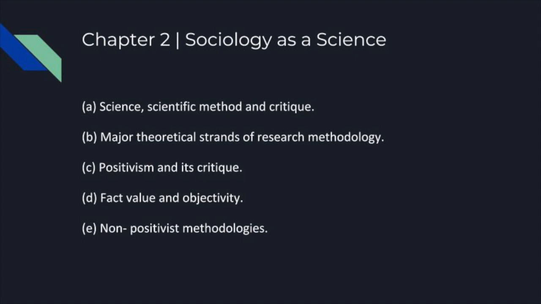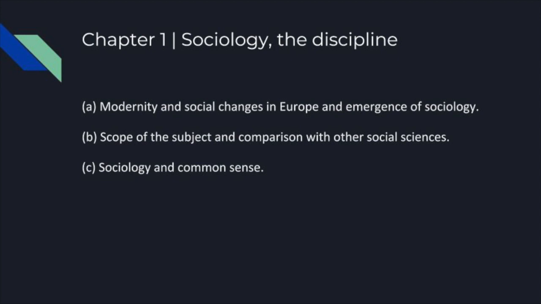Then we come to chapter 1, which is sociology, the discipline. So after you have gone through the concepts, now you'll be in a better position to understand in detail how the evolution gradually happened, how sociology as a subject compares to other social sciences, right? This is the first chapter, but I didn't want to do it first because the comparison with other social sciences doesn't make sense, right, if you don't know what the subject itself is, right? So by chapter 2 and chapter 3, we'll be doing what sociology is. Now you'll be able to understand how you can compare it with other things. Ultimately, we'll be providing notes for that.